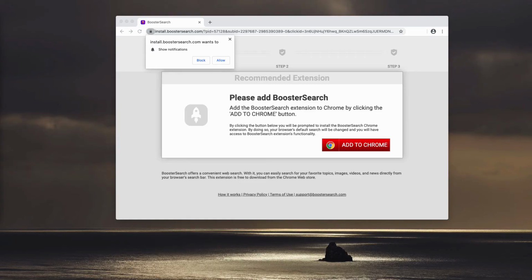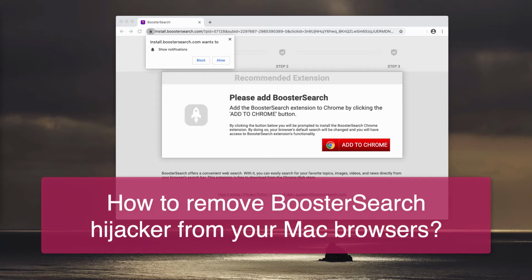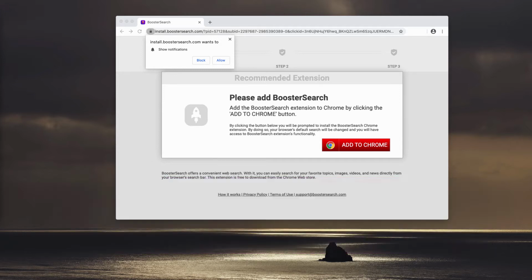Ladies and gentlemen, in this video guide we will help you to get rid of BoosterSearch.com, which is a browser hijacker. Initially, BoosterSearch is advertised as a convenient web search. With it, the developers say you can easily search for your favorite topics, images, videos, and news directly from your